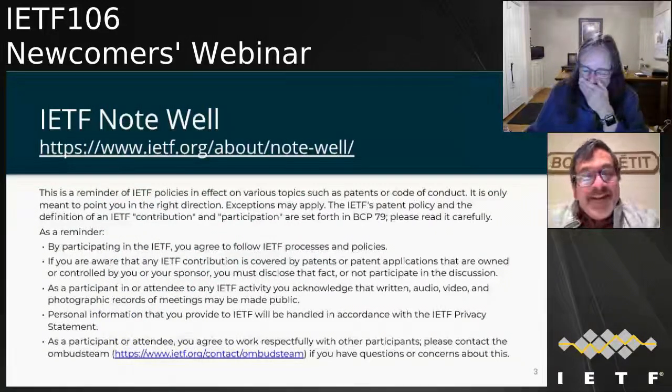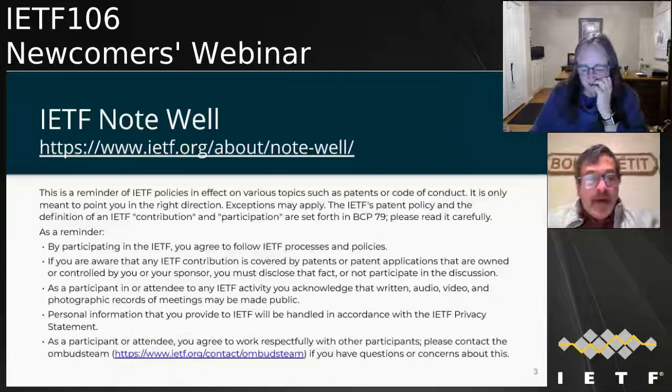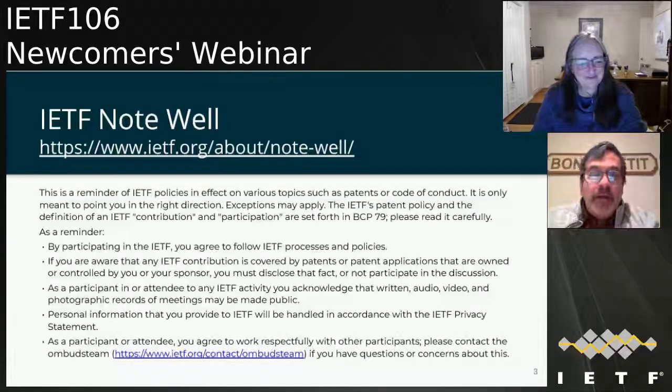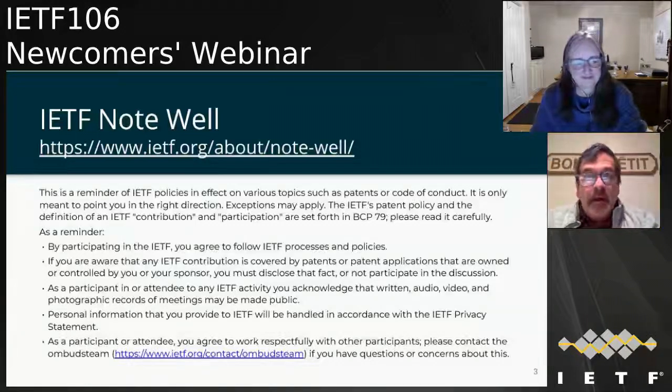So this is the first of 2 slides about the Note Well. This describes the IETF policies on a number of areas outside of the technical specifications. So it talks about patent requirements, i.e. if you know of any patents and you are participating in a discussion, you must disclose them. We don't want to get caught by submarine patents. You understand that the proceedings, the meetings are recorded, videotaped, and so on and available. On the next slide, please.